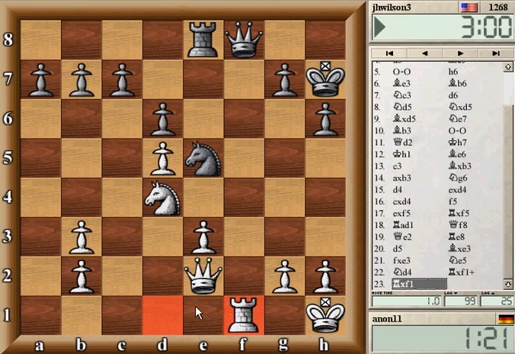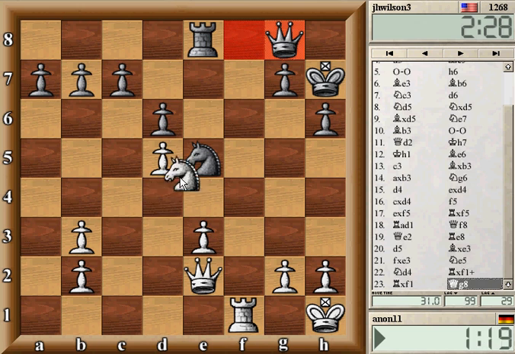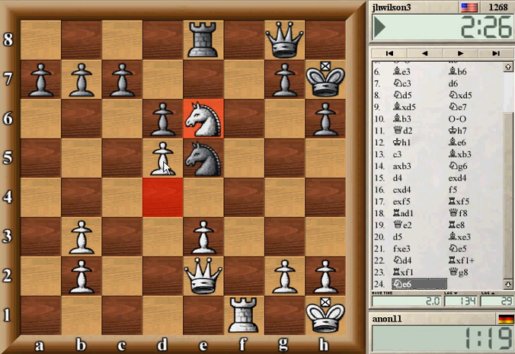It will be very annoying for him now to see this knight on e6. There are some possibilities like queen c2 checking, taking this pawn. Yeah, he attacks d5, but